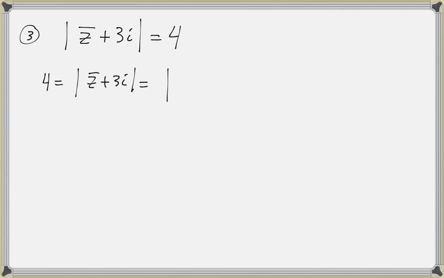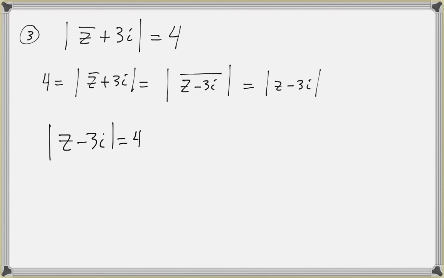Finally, let's look at the set of points defined by the relation absolute value of z bar plus 3i equals 4. So this will be a circle, and if I rearrange this expression, I can think of the absolute value of z bar plus 3i as the absolute value of the conjugate of z minus 3i. And then we know that the absolute value of a conjugate is the same as the absolute value of the complex number itself. So the absolute value of the conjugate is equal to the absolute value of z minus 3i. And so we see that the absolute value of z minus 3i equals 4 is the circle